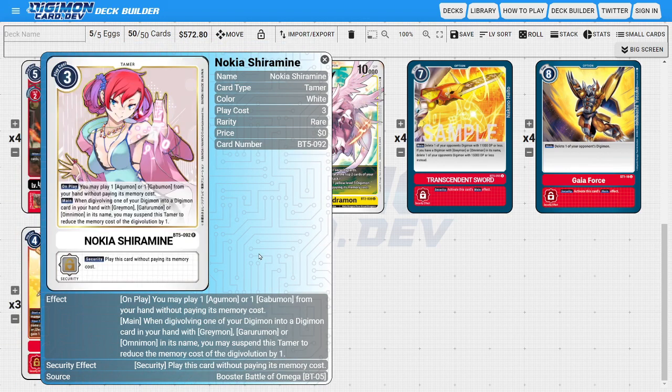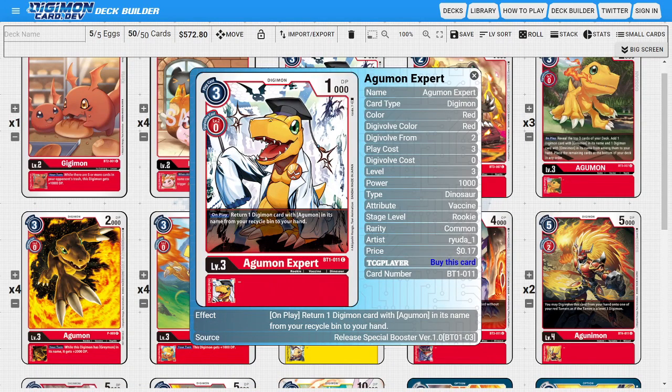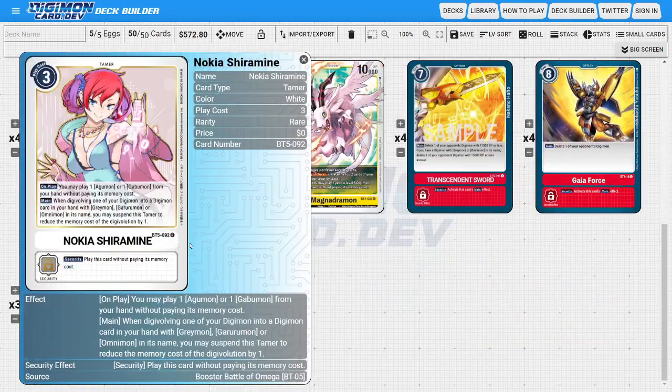And then the last Tamer of the deck is going to be 3 copies of Nokia. So Nokia is still just a very good Tamer for the deck because she has this very powerful on-play ability where we get to play one of our Agumons or one of our Gabumons from our hand for free. So the only cards that this can't target in our current build are going to be BushiAgumon and Agumon Expert, because it needs to say exactly Agumon, but the fact that we could still utilize it with basically any of our other Agumons makes this a really good card to be running in our